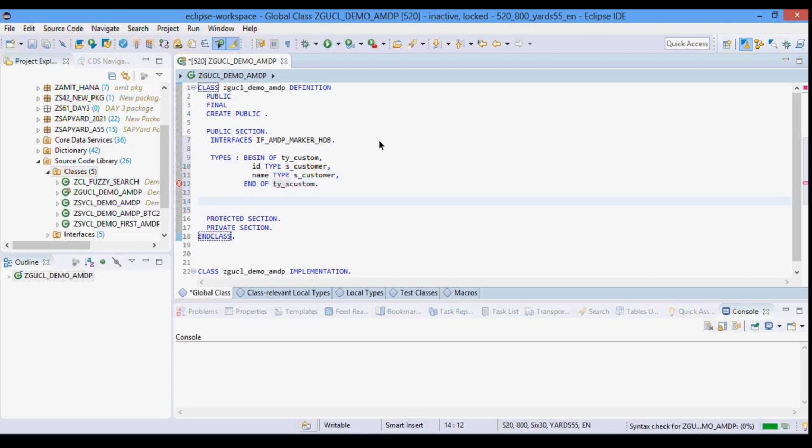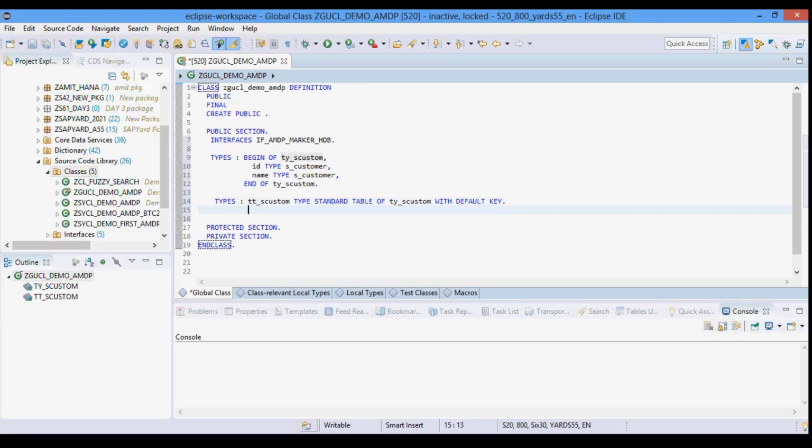I have created a simple structure in the public section. It is showing an error. Then let me create a table type, a standard table of ty_s_custom with default key. So here I have added an interface, I have created my structure, and this structure and table type I will use to define the parameters.